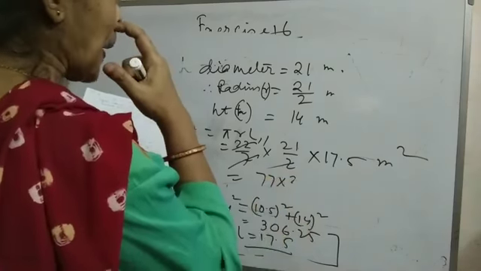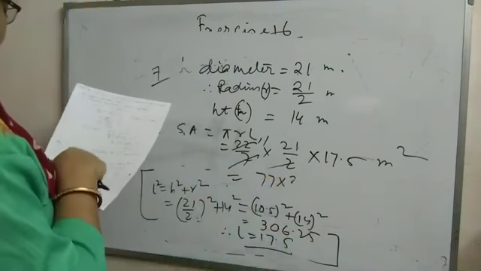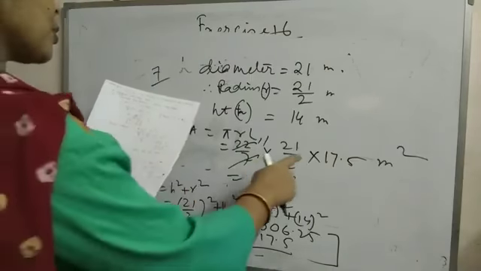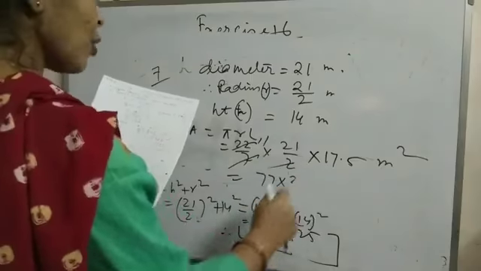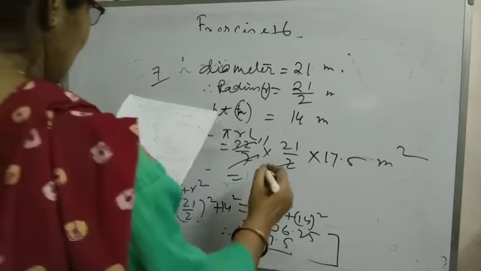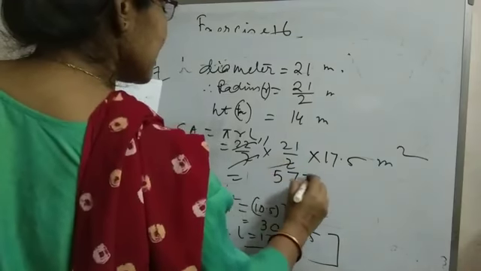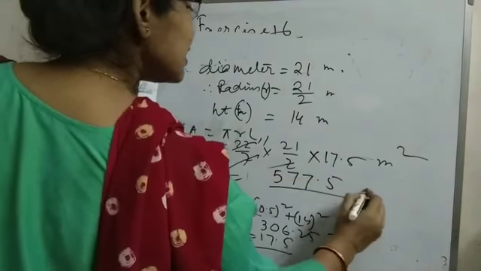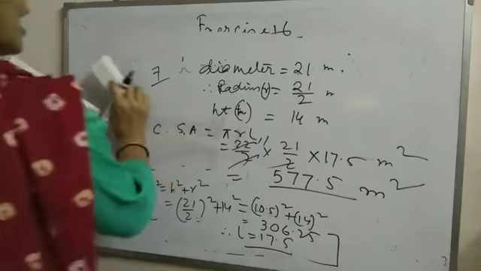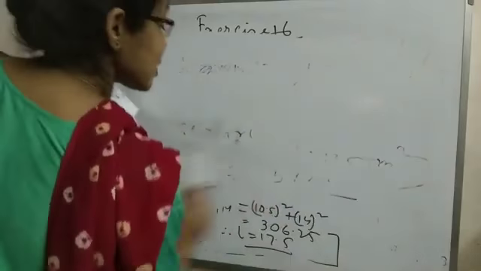This is equal to 22 by 7 into 21 by 2 into 17.5. This is equal to 577.5 square meter. And total expenditure